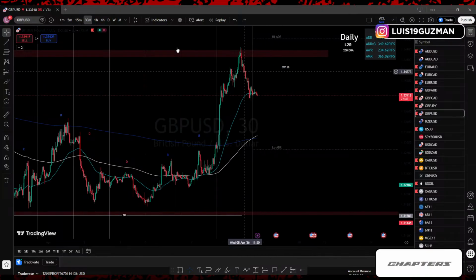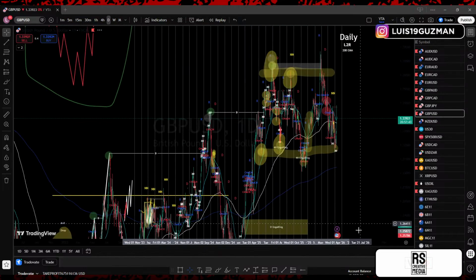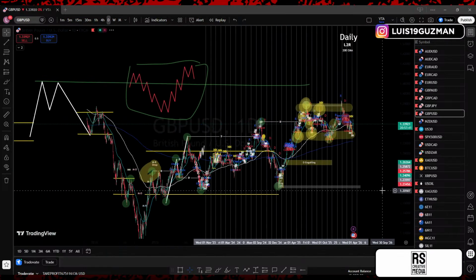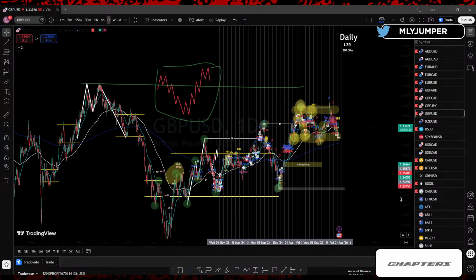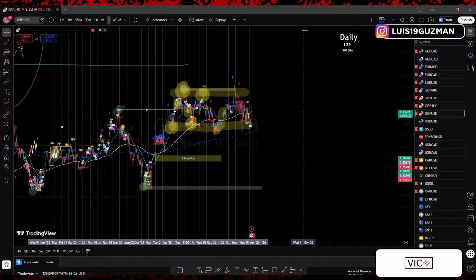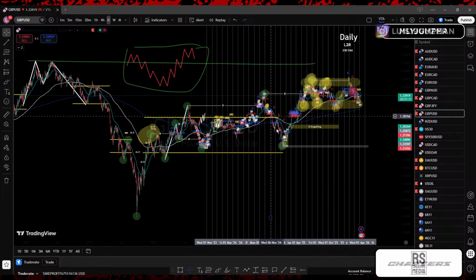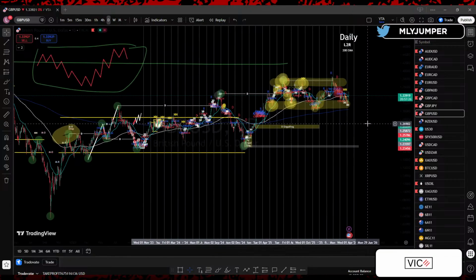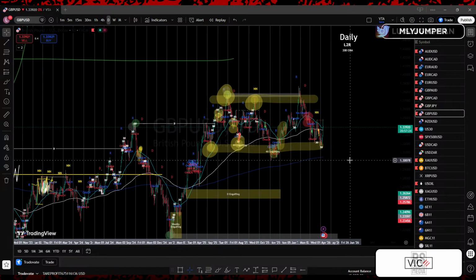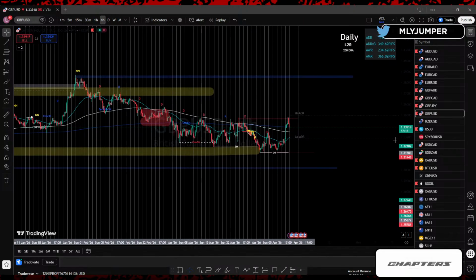GU, daily time frame. We are in the same thing as EU. You know, could we say that we are in the second zone of consolidation, looking for that third push back to the top side? Once again, we had push 1, zone of consolidation, push number 2, second zone of consolidation, look for push number 3 back to the top side. It could be back at the bottom of the zone of consolidation. This is our safety trade. This is where we'll be looking for those change and breaks back to the top side.